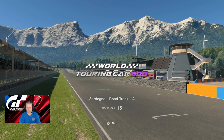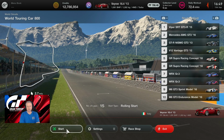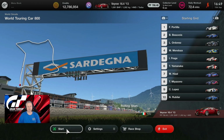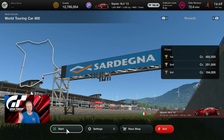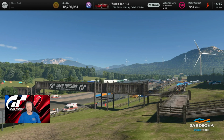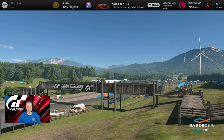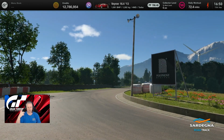And here we are at Sardinia. We are grinding, we are doing the credit calculation. We're crunching credits, we're trying to get them in the bank, and I did predict I'd be around about 20 million credits by this point. But I've been buying cars and mods and rebuying cars because I've messed them up, etc. So my credits aren't going the way they're supposed to be going, but once I get stuck into this and start doing the grinding thing, that is picking out those cars with select and start running the laps,